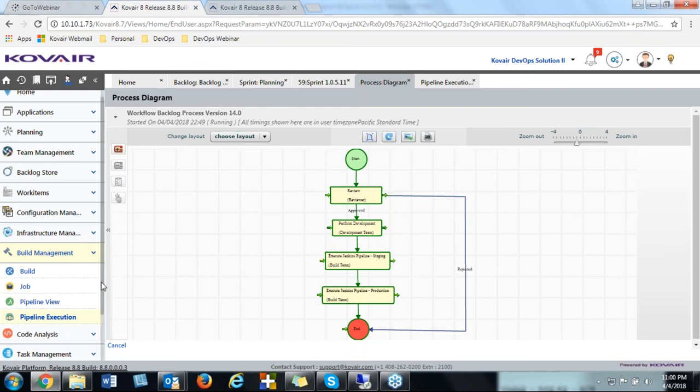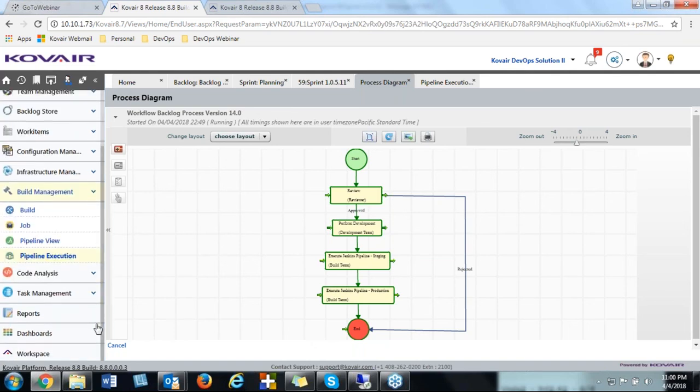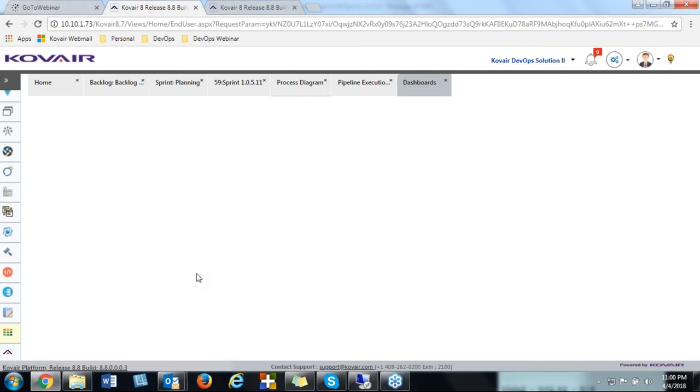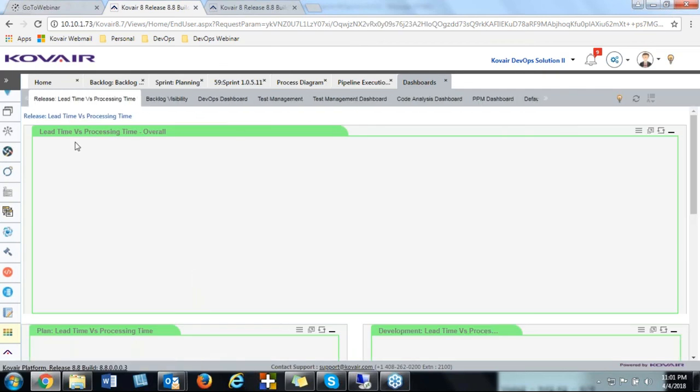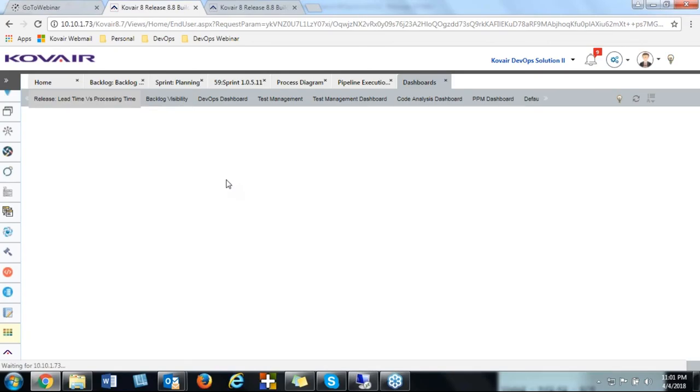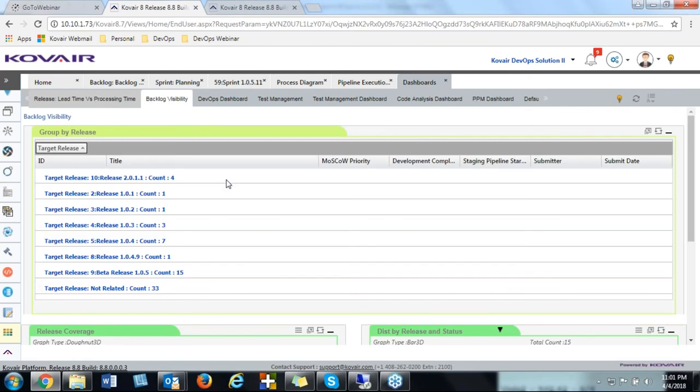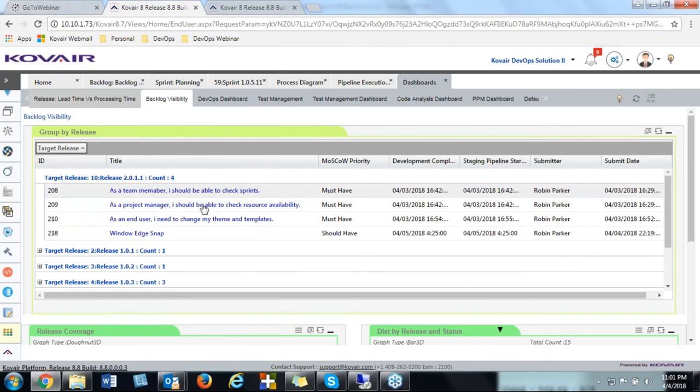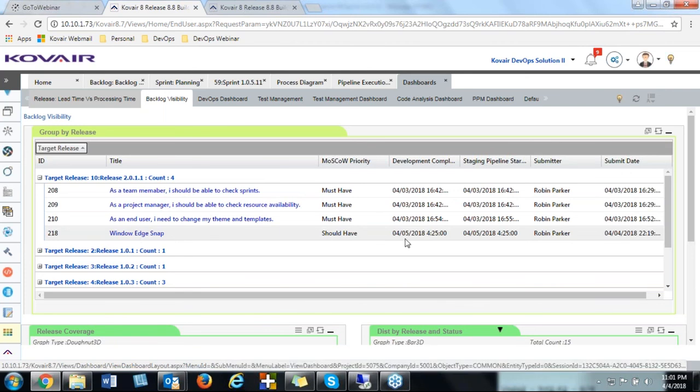So now with that, let me take you into some of the other dashboards as well. Getting on to the dashboards for the backlog visibility now. So you can see a series of dashboards over here. Now let me take you to the backlog visibility dashboard, which gives you another set of gadgets where you can view all your backlogs with respect to the various releases. So if you expand, you can see each of those user stories, your backlogs, for each of these releases. If you click, here you can see the item with which we worked.